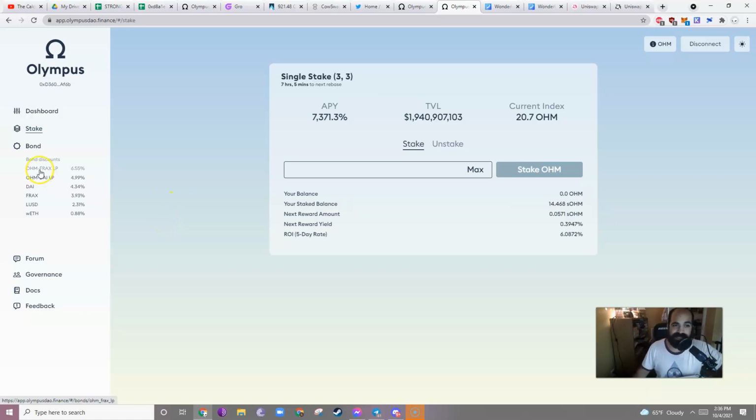So these opportunities are more for people who are doing larger numbers, $10,000, a few $1,000s. But if gas is super low, they could also be good for smaller investors too. So that's all. That's just the basics of Ohm. If you just want to know how to stake, you just click stake. After you bought some Ohm, you can buy Ohm on Uniswap